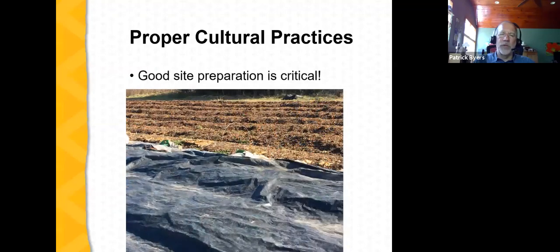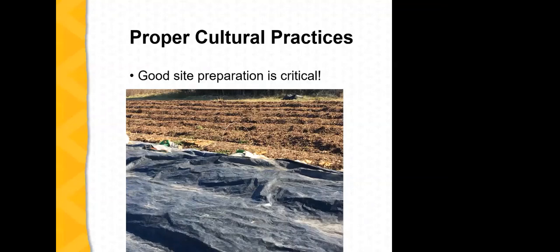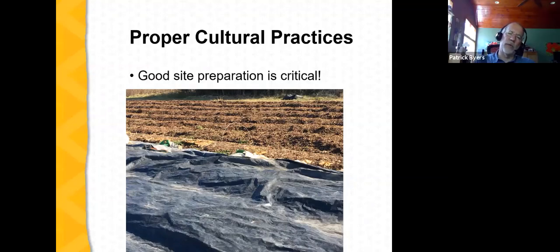Good site preparation is important. And again, preparing a site by clearing away weeds that could become alternate hosts for pests and diseases is very helpful. Here we see a farm that is practicing 2 different site preparation practices. The first is occultation, where a tarp is drawn over the soil to eliminate germinating weed seeds. The second is the use of mulches. You can see that in the area above the area with the tarp.